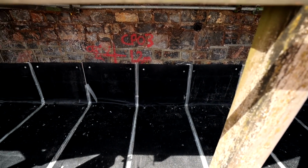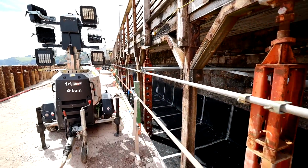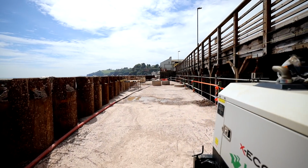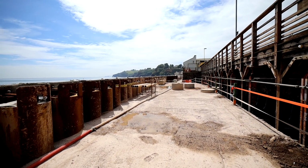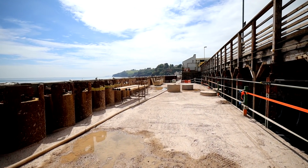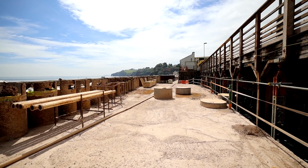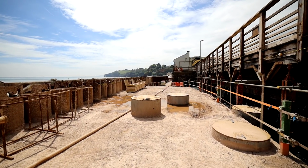Impressive. The scaffolding and the supports will be removed once the station platform works are started. So that's part of the next contract package, which we're hoping to get into contract with Network Rail for very shortly. The manhole rings, which you can see here, the 4 rings. What these are is a manhole which goes all the way down